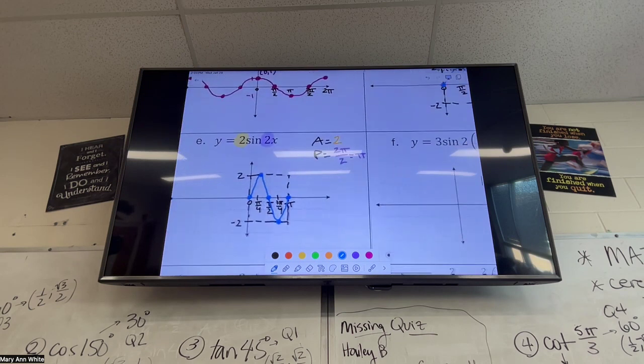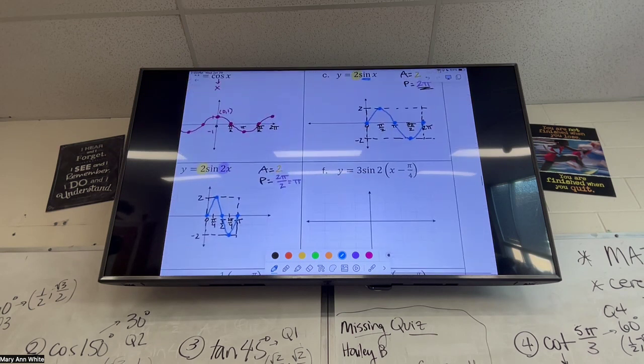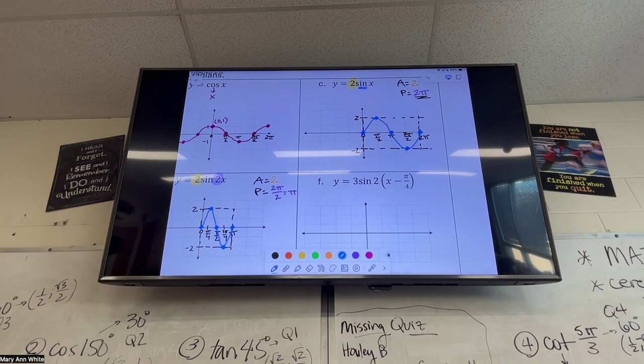If you compare this to letter C, it's almost the same problem, but do you see how it's scrunched? That's what the period change does to it. It makes it smaller horizontally. Okay. Instead of us moving on and doing some other transitions, we're going to really focus on these period